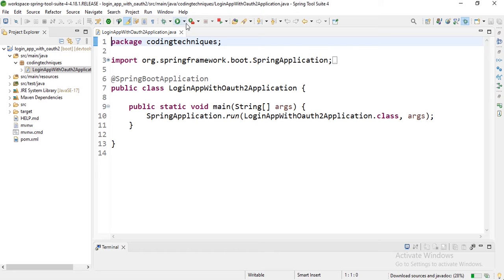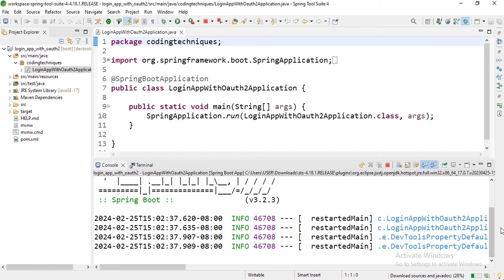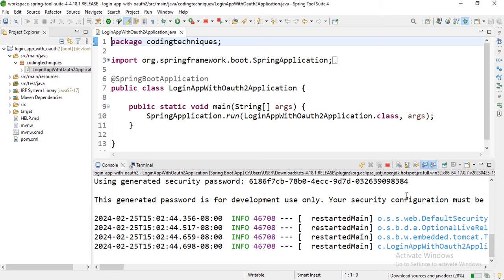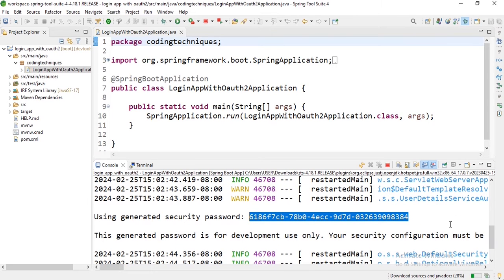We will see that we have a generated password which is provided by default by Spring Security. You see we have this password and the username will be user. To test if it is working now and to log in with this password, let's create an endpoint. Let's create a new